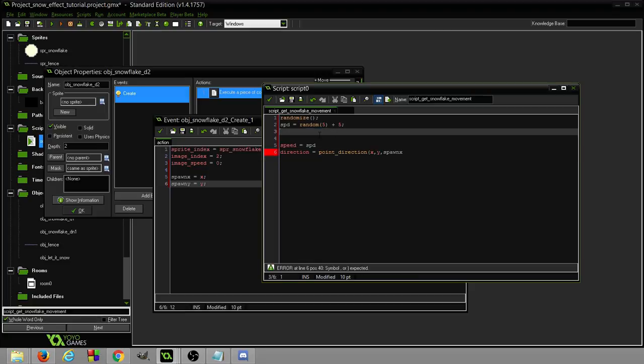So let's do RV, random value for x equals random 20 plus a flat 30. So it'll automatically move 30 left, but